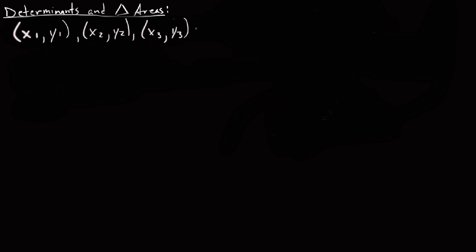What we can do now is generalize an area formula for this, but we're going to call this A, okay? I know that I'm using a capital A, and I do in all these matrix videos, but I'm using A in this instance to denote area. So I might as well just write area. The area of a triangle in which we know its three vertices in the rectangular coordinate plane is given by plus or minus 1/2 times